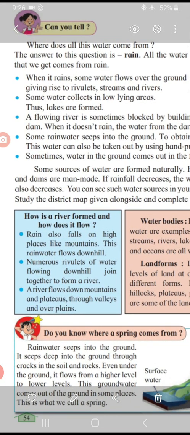How is a river formed and how does it flow? Rain also falls on high places like mountains. This rainwater flows downhill. Numerous rivulets of water flowing downhill join together to form a river. A river flows down mountains and plateaus through valleys and over plains. So children,